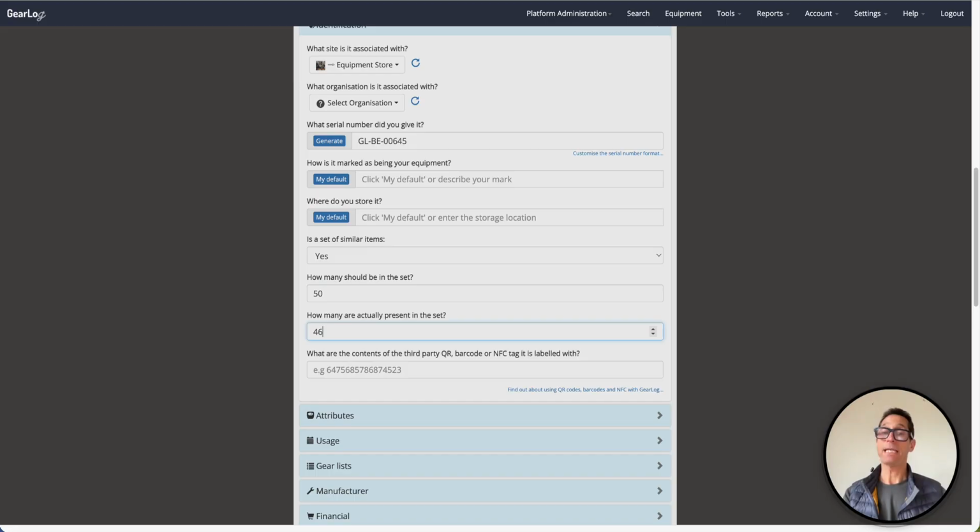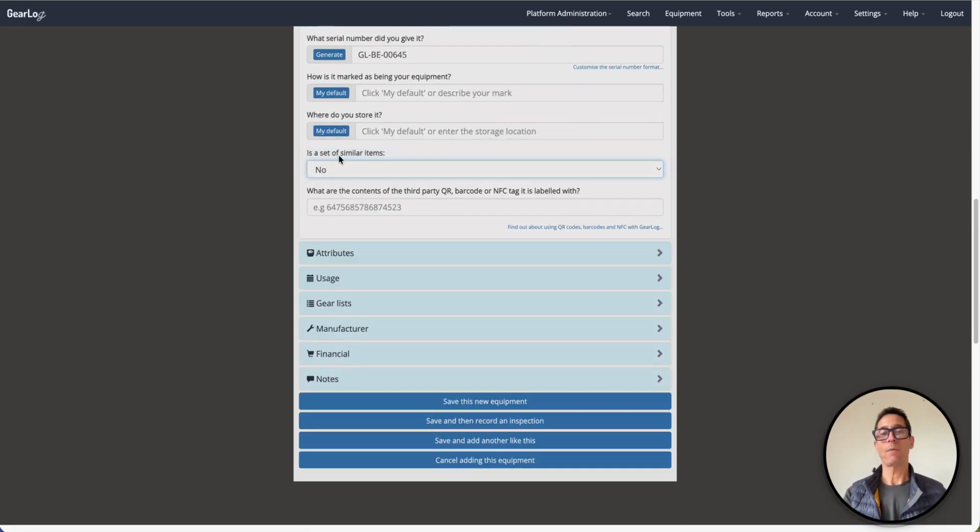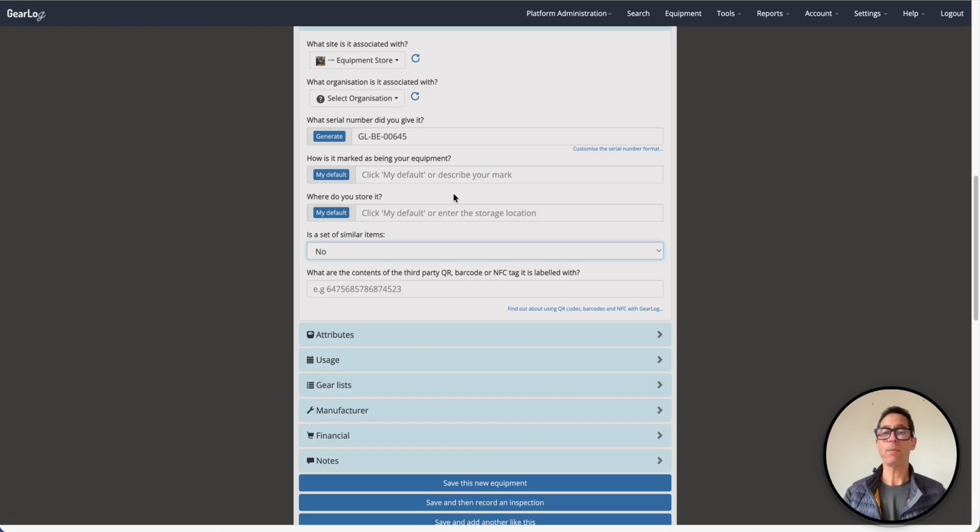Very good for things like medications, box of paracetamol with 12 in, currently 6 in it, boxes of batteries, food products, anywhere where you've got a consumable element but you don't want to track each one separately as a separate asset. We'll leave that one off for ours because it's a piece of PPE equipment that we want to track